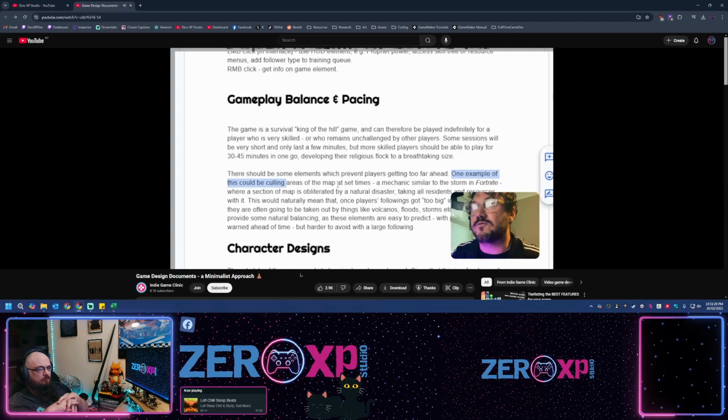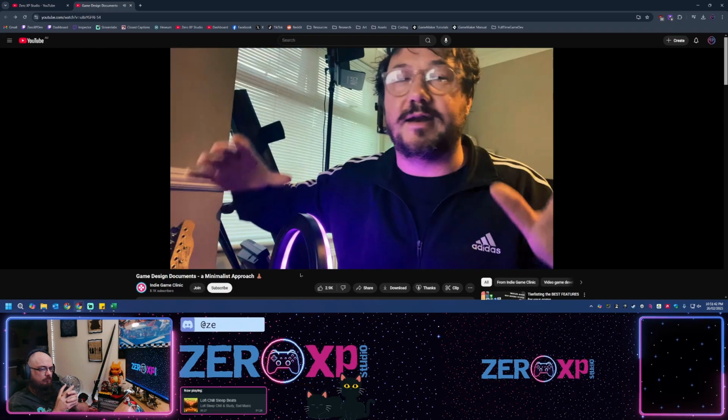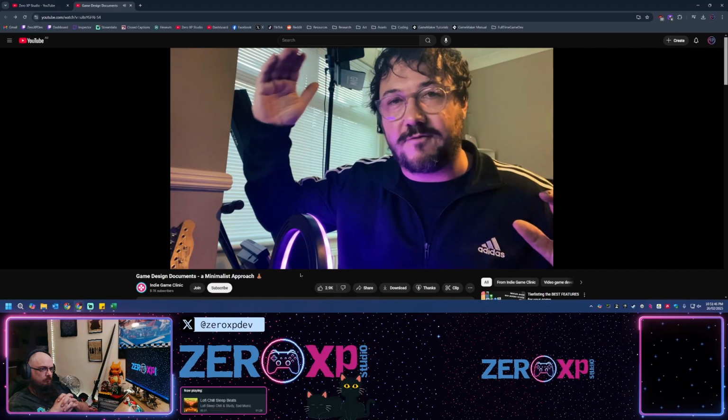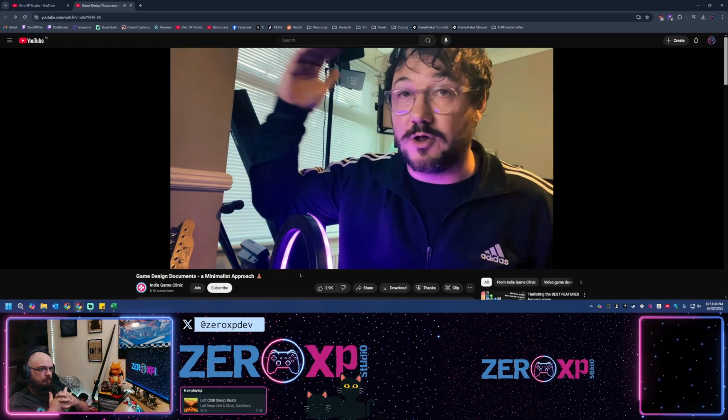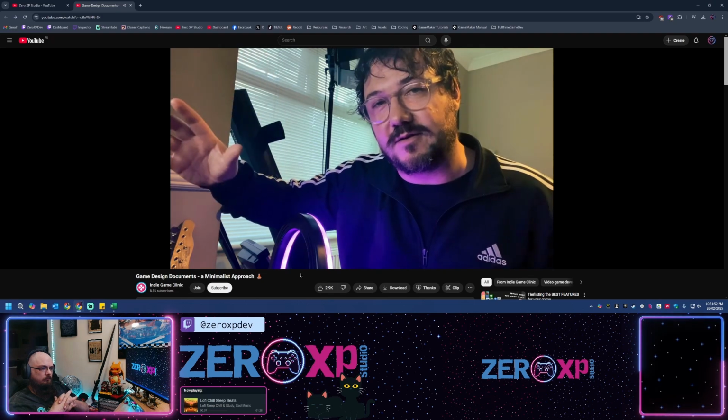Then afterwards, I've got one example of this could be culling areas of the map. So could is a less certain word than should. I know this might sound super obvious to you, but this is a technical document, and in order to describe things clearly and objectively, you need to be careful with how you use words like will, should, and could, and the degree of promise that exists in those different words.